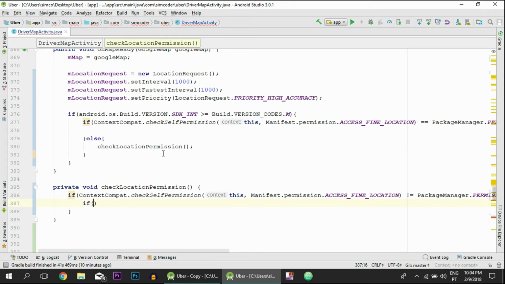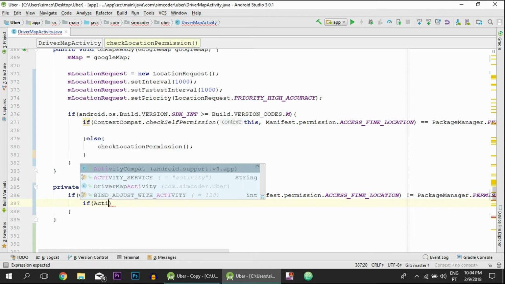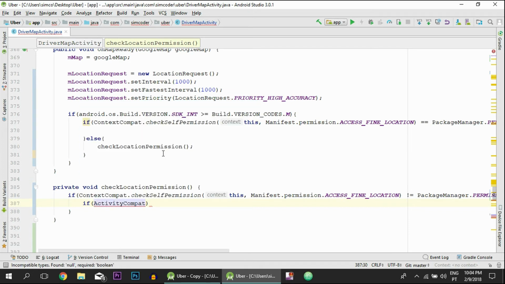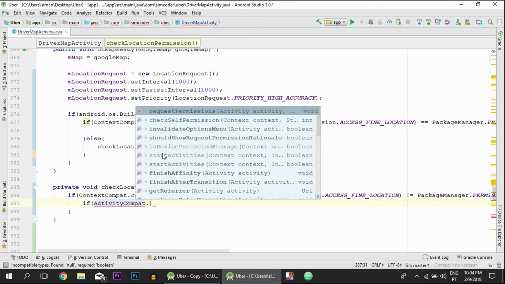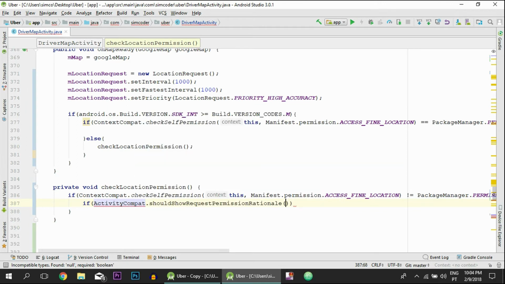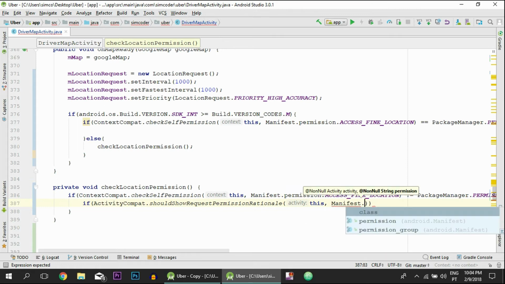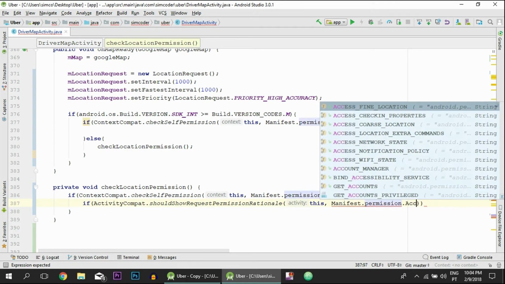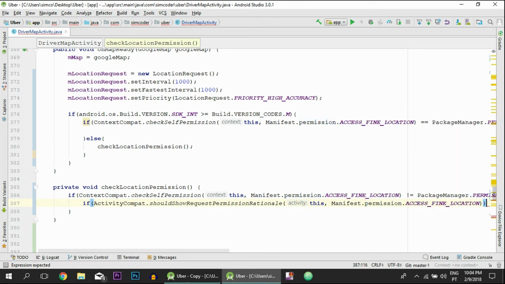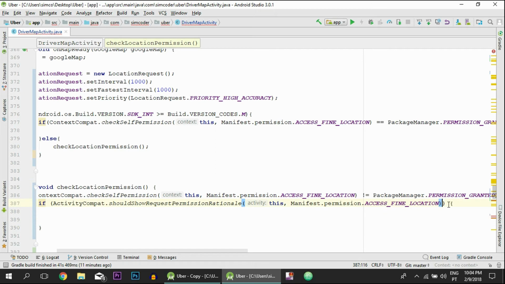And now if ActivityCompat.shouldShowRequestPermissionRationale, this, comma, Manifest.permission.ACCESS_FINE_LOCATION, not this. Okay,